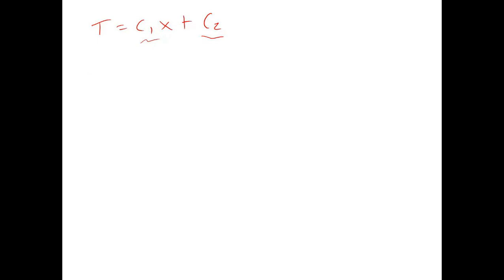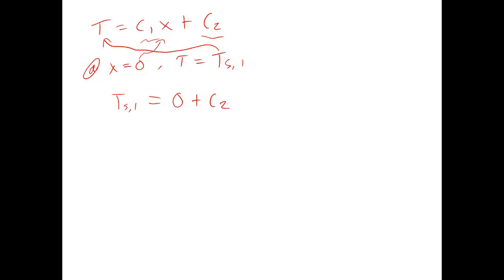So we had at x is equal to 0, our temperature is equal to surface temperature 1. So what you can do here is some very simple substitution, and we just substitute 0 in here, and then we solve that equation. So we end up with, you also substitute surface temperature in here. So the temperature is equal to the surface temperature 1. That equals 0 plus C2. So pretty simple. We've solved for C2 now. So we now know that C2 is just equal to